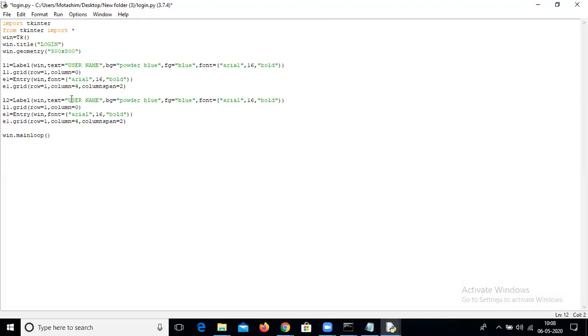Simply just change it. Now in place of username, I'm going to write the label name as password.